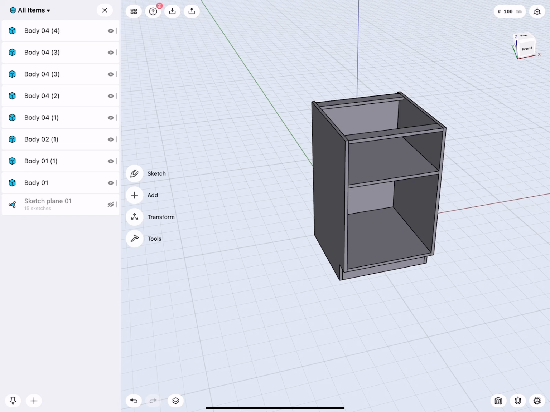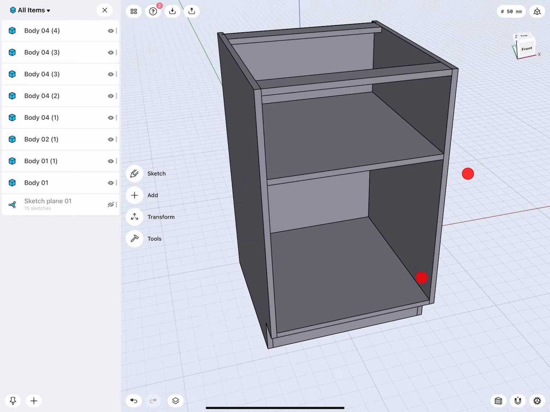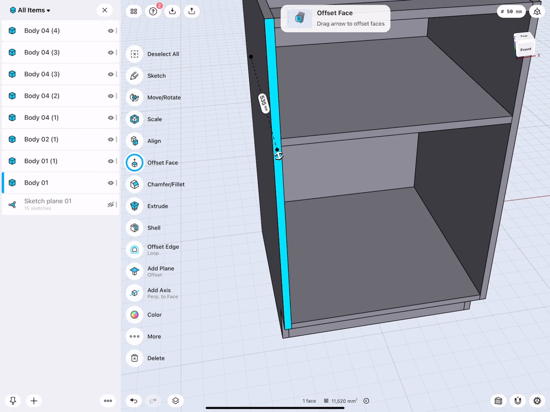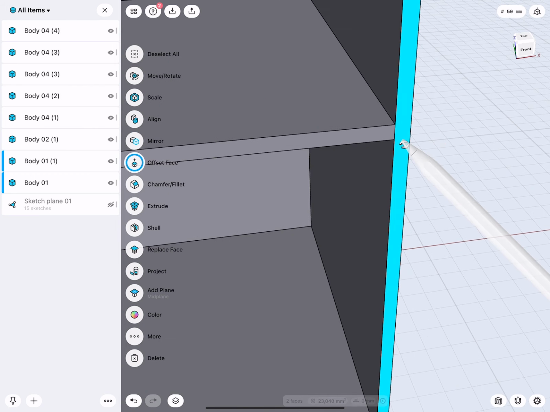Let's actually work on how we are going to design the door for the lower part and for the drawer. So for this, we will select 2 faces like this.